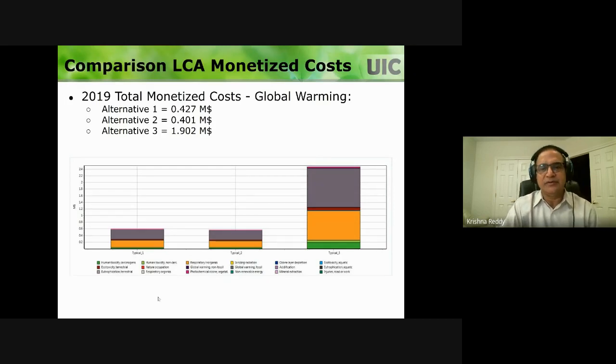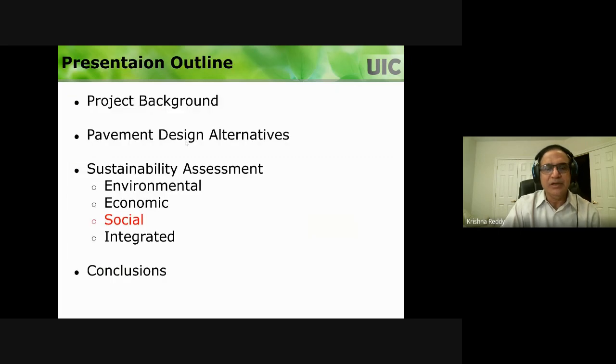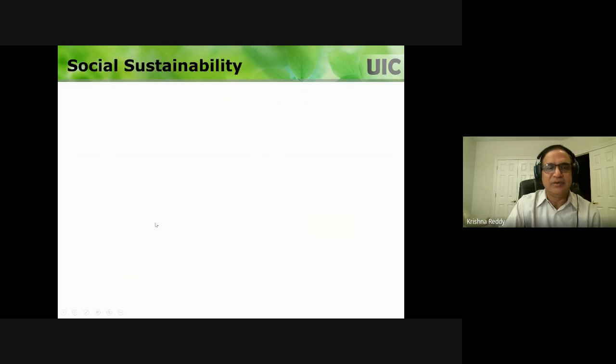As for the tools, the LCA tool SimaPro has a methodology where you can convert all the environmental impacts into monetized costs, and you can look at those things. So here, alternative 1, alternative 2, and alternative 3. Alternative 3, that is the asphalt pavement, has huge monetized environmental costs. So we looked at the environmental, we looked at the economical, and let's look at the